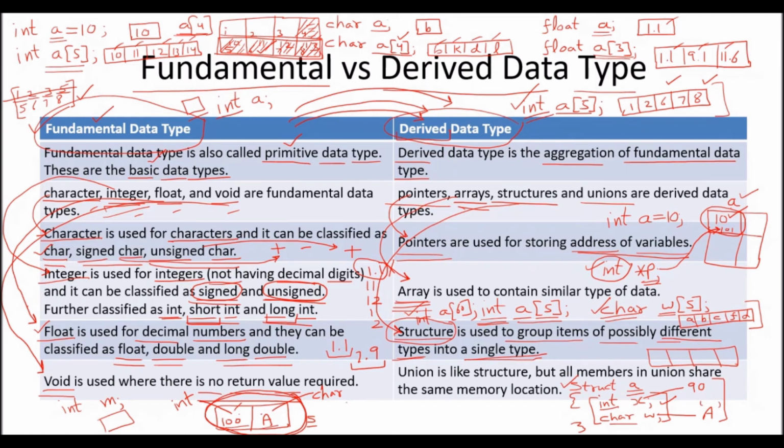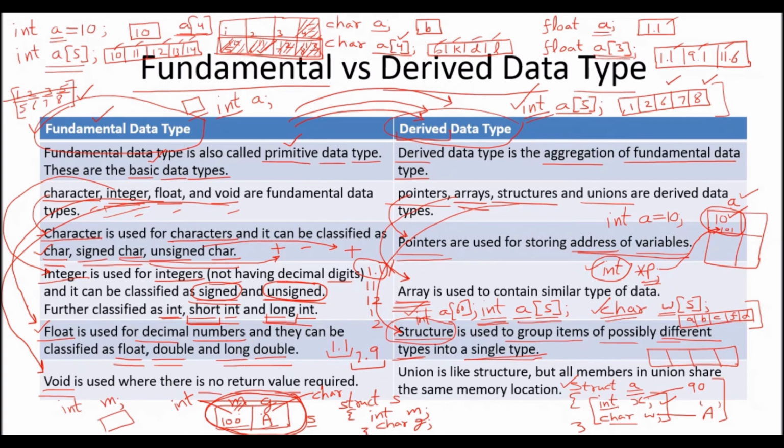So I will simply say struct, name of the structure is S, bracket. I will say the two blocks are there inside that. One is integer type, let us suppose int. The name of this one is m. So int m; and this is having the character value. Let us suppose it is grade G, so it is char G, close it. So this way the structure can be created.